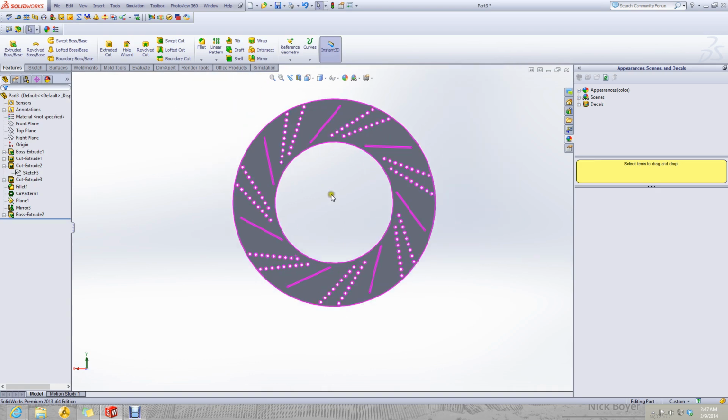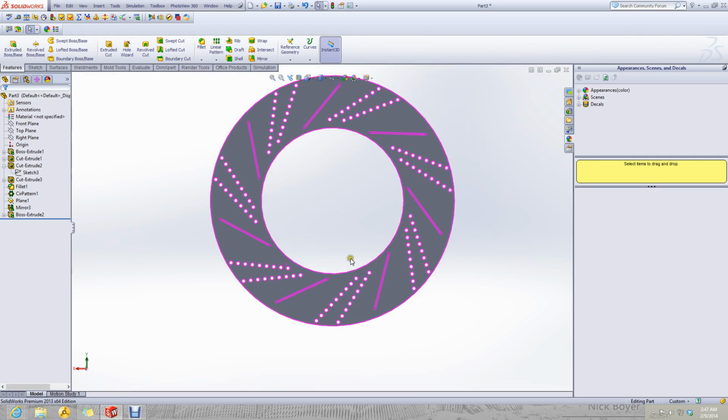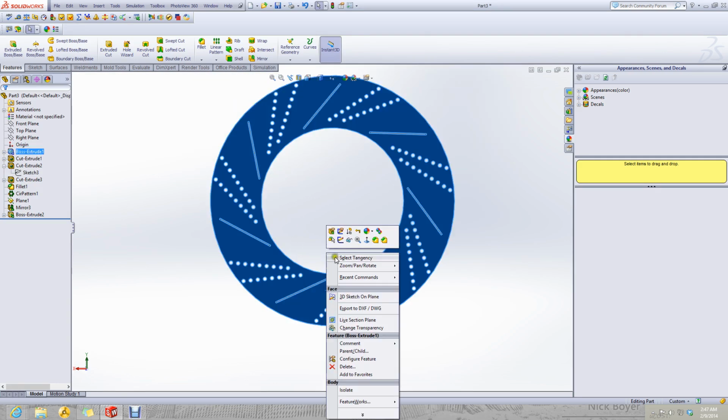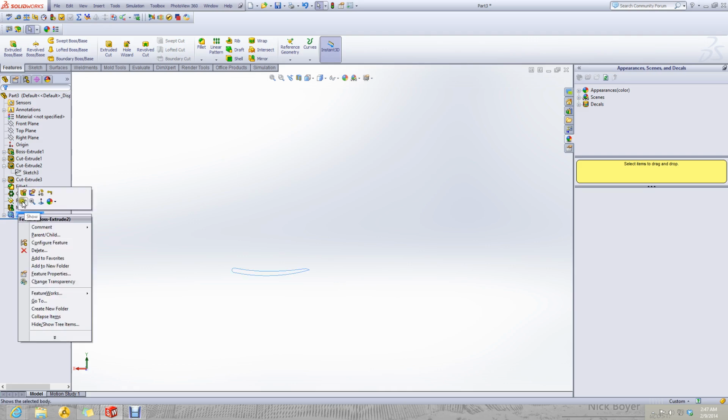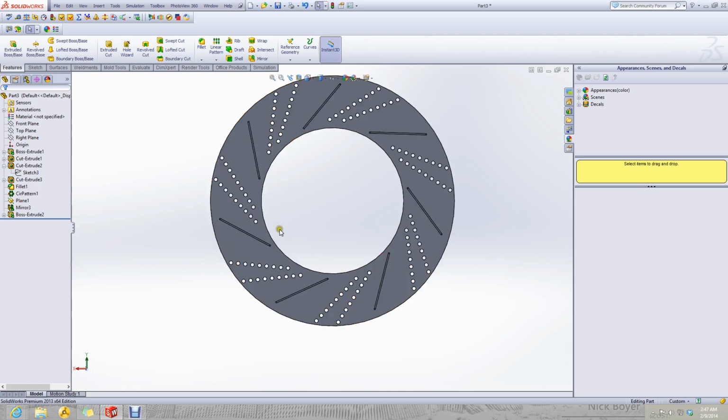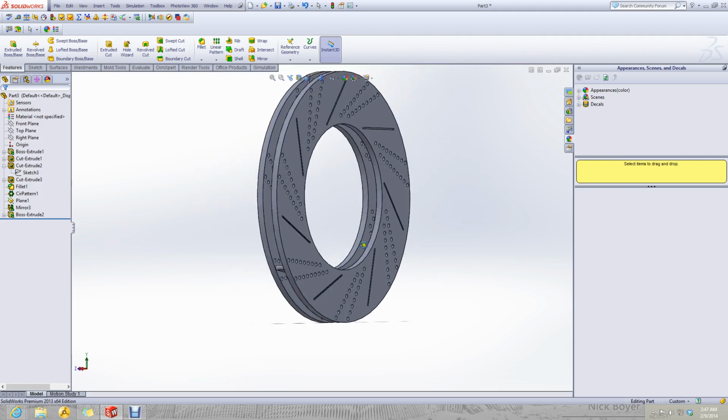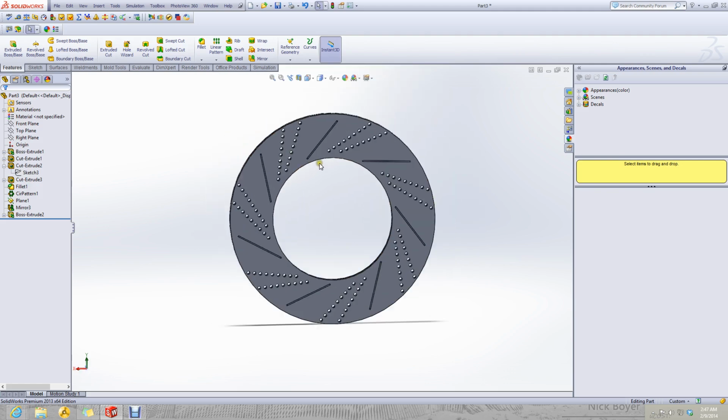And these will be patterned around the whole circle, just to visualize how it is going to happen. I will temporarily make it transparent.